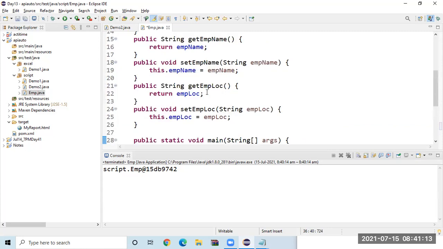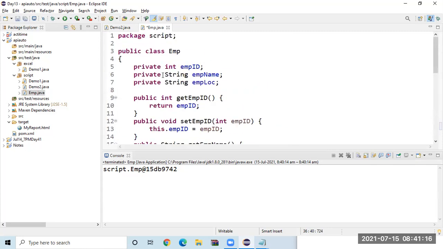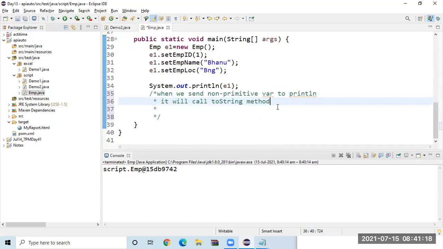Which method does println call internally? toString method. Did I write a toString method anywhere here? No. Then where is it coming from? It is actually coming from the object class.